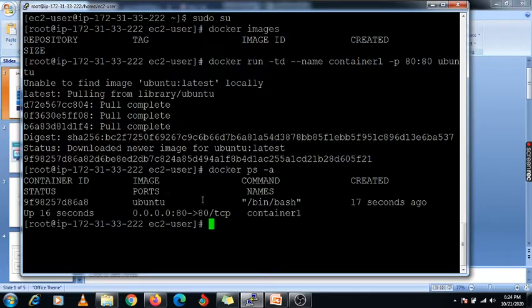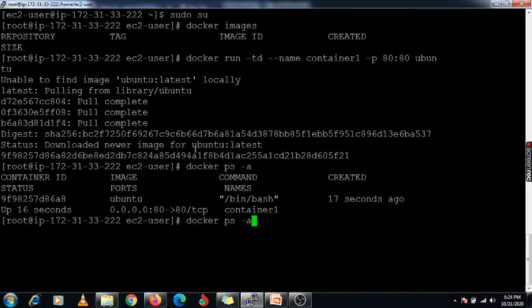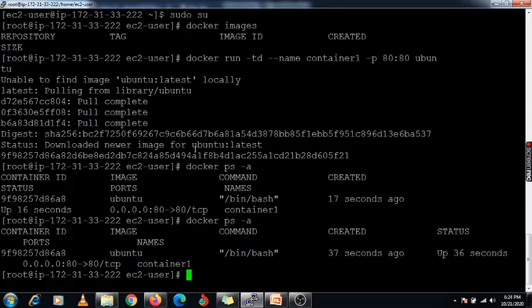Now you can check this command, docker ps -a. This command is showing this container is now off, from 17 seconds ago, with the name container1, with the image Ubuntu, and here you will get this option, that is the port. Okay, just one moment, I need to use this command again, and here you will get the port details. Okay, so this is my port.